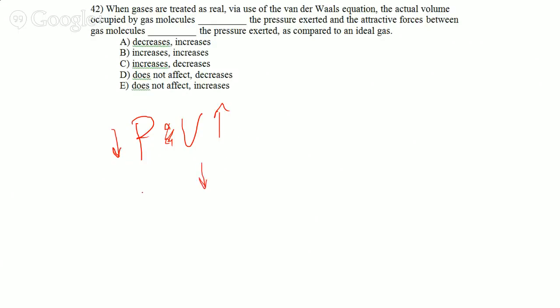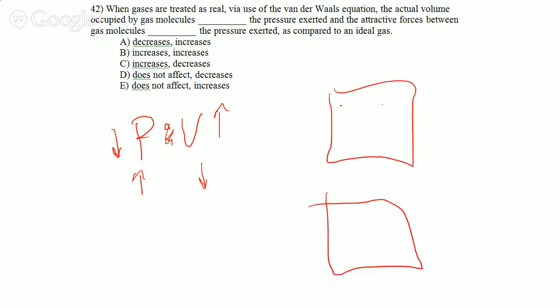If we were to decrease the volume, pressure would go up. Well, let's think. Ideal gases, these particles are infinitely small and take up no space, but in reality, they take up space, which means that there is less volume for them to move around in, which means the pressure would go up. So the pressure is increased,